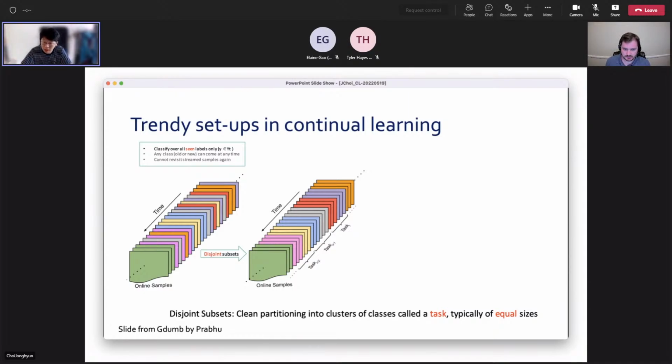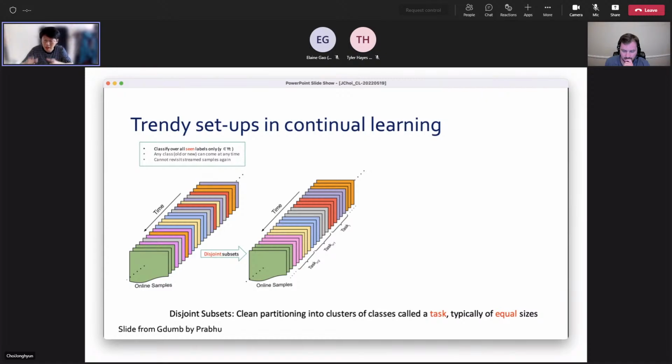At task i plus 1, you only see samples from the gray class and the blue class. And at task i plus 2, you only see samples in the classes yellow and pink. So given that you can observe online samples in any mix of classes,